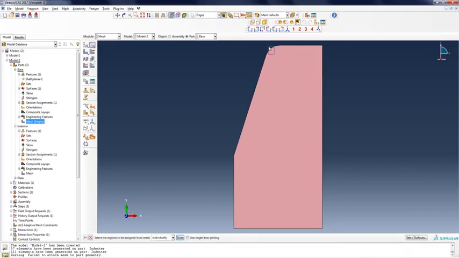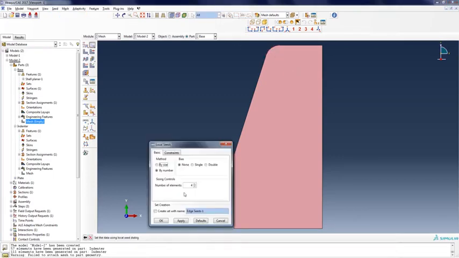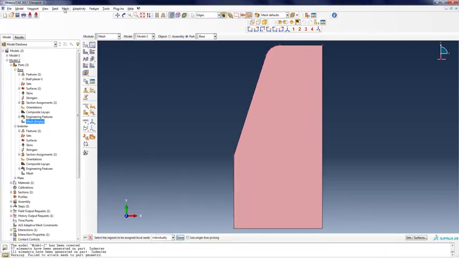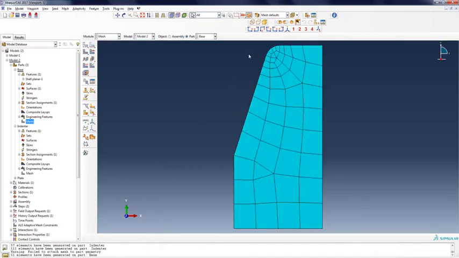Again, this is the edge that would become important. We apply 4 as a start, mesh it. This looks okay. This is the rigid body, so the mesh doesn't matter that much.